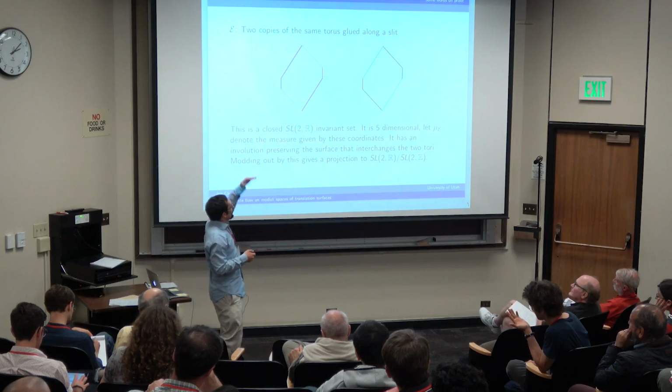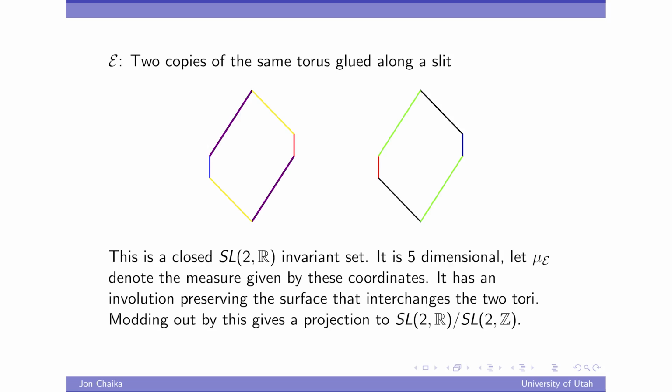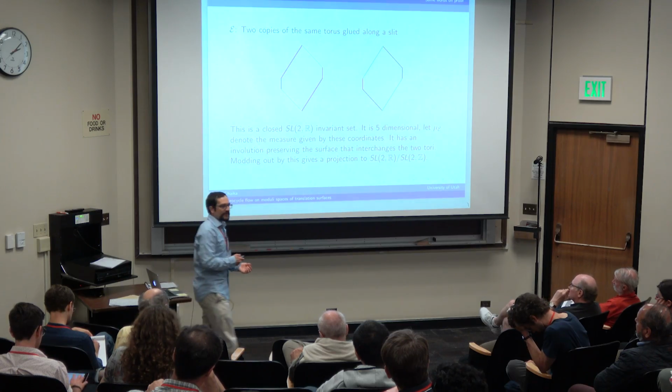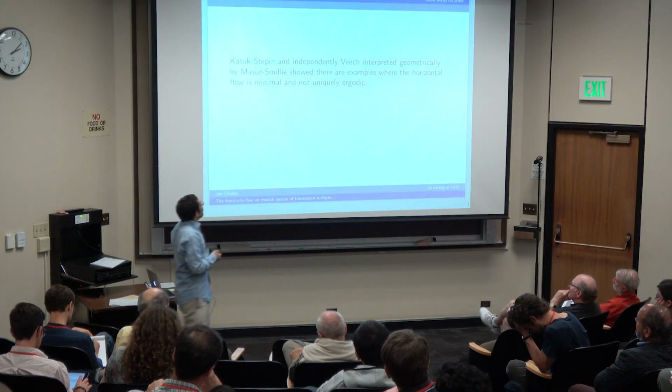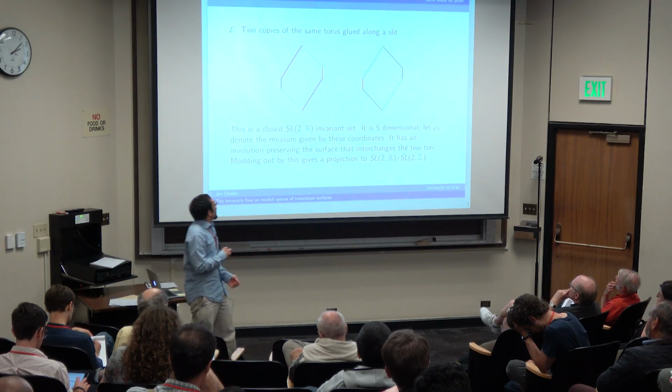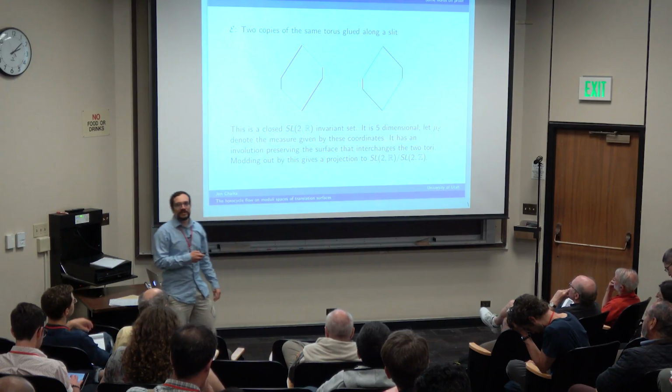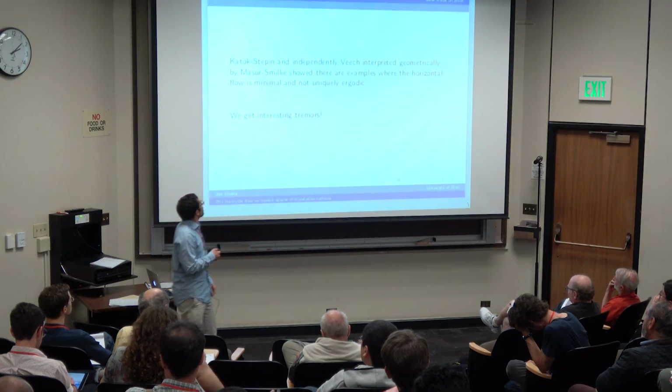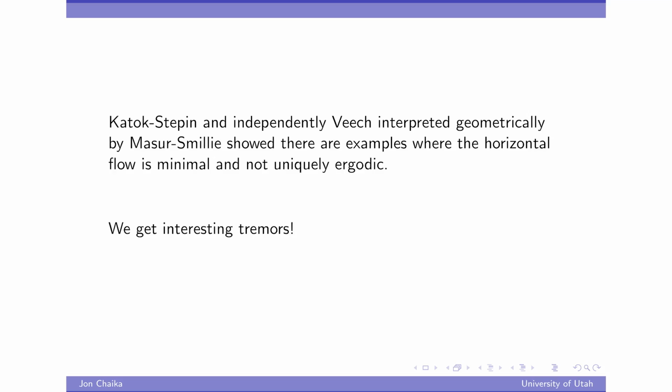Modding out by this gives you a nice projection onto the space of tori, SL2R mod SL2Z. So this really comes from the space of tori, and you're just doing a branched cover over 2 points of it. All right, so Katok and Stepin, and independently Veech, which was then interpreted geometrically by Masur and Smillie, showed that on this particular locus, you have some directions where the horizontal flow is minimal and not uniquely ergodic. And so the moral of this, for the purposes of our talk, is that we get interesting tremors